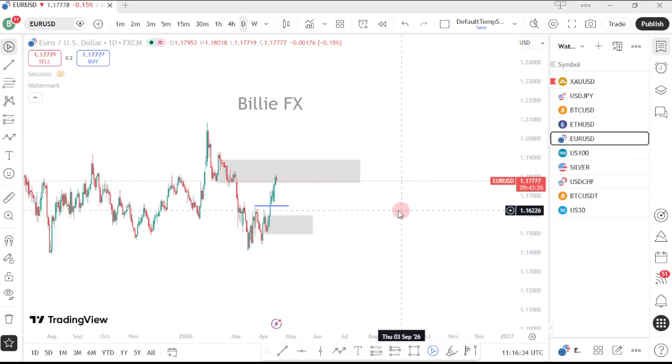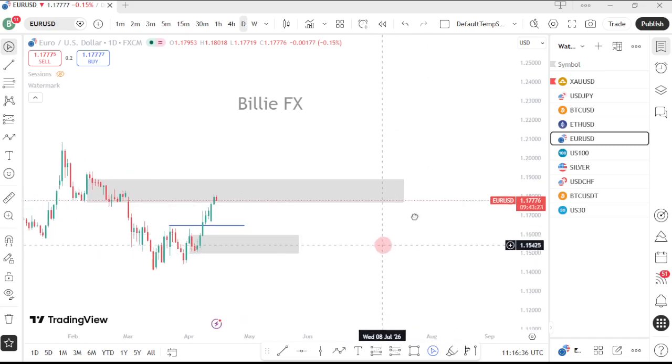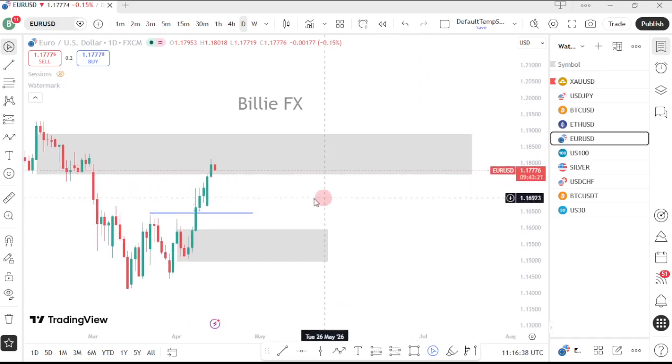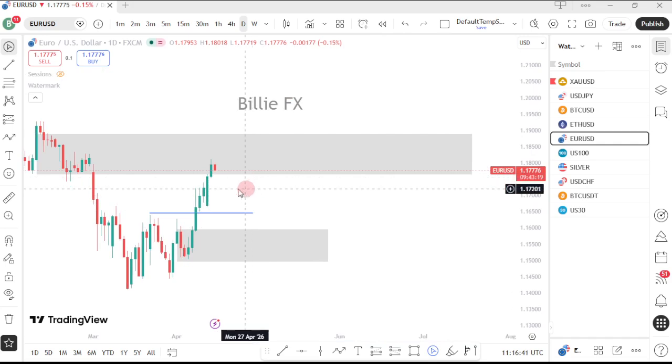Let's remove this. Now, let's apply the concept that you just learned over here. Now, on the daily time frame, we see that the market is very bullish. Now, look at this single candle over here,